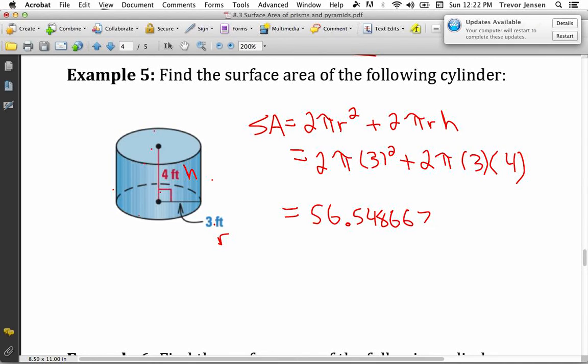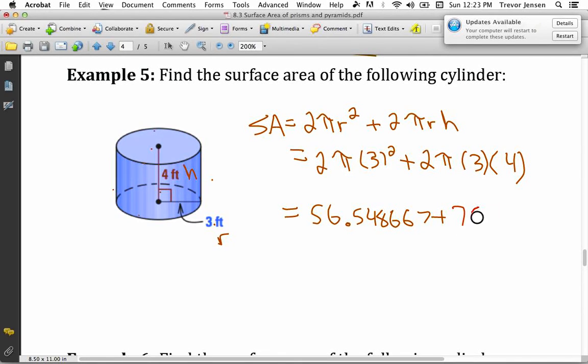I don't want to round yet. I want to keep as many decimal places as I can and round at the end. That way my answer is as accurate as possible. Plus 2 times pi times 3 times 4 gives me